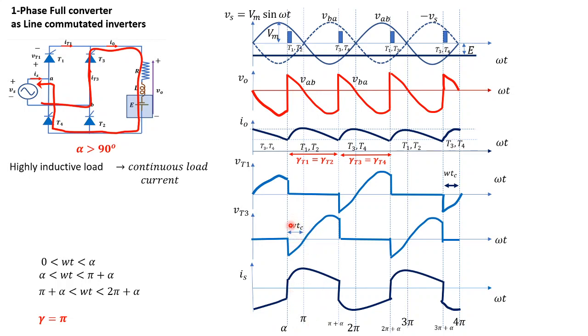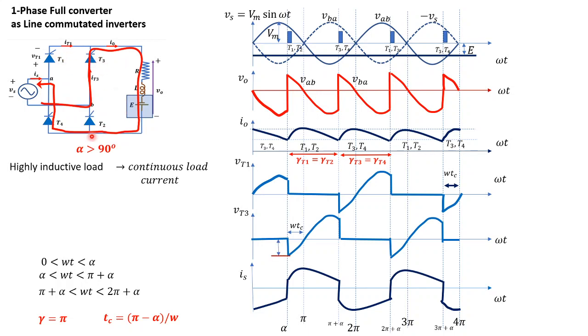So this is known as circuit turn off time. Now, Tc, the circuit turn off time, is equal to pi minus alpha divided by omega, where alpha is the firing angle of the thyristors and omega is the frequency of the supply in radians per second. So substituting alpha and omega in this formula, you would get Tc, the circuit turn off time, and this circuit turn off time should be more than the device turn off time for all these thyristors.